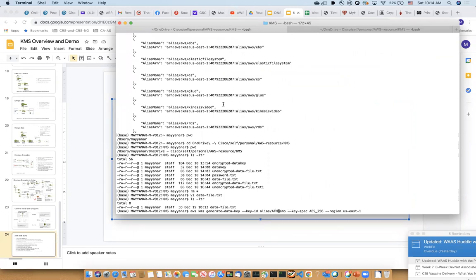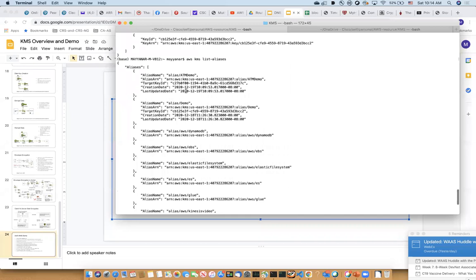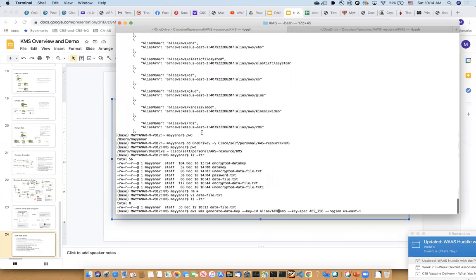If you recall, we have two keys. This one, demo key, I've scheduled for deletion. So I'm going to use this ATM demo key. All I'm saying is, hey KMS, generate me a data key using the key ID, the customer master key, that has the alias name of ATM demo. And I want to use a symmetric encryption algorithm,